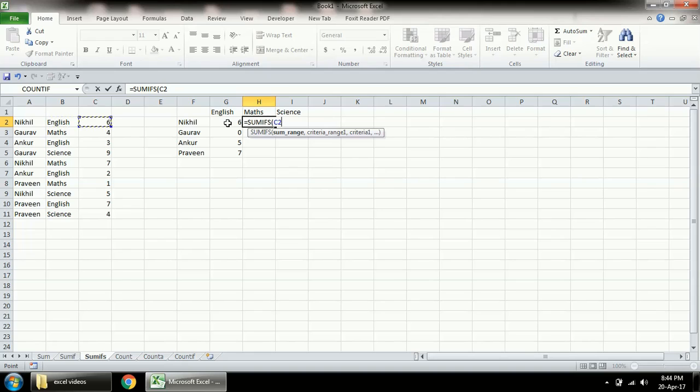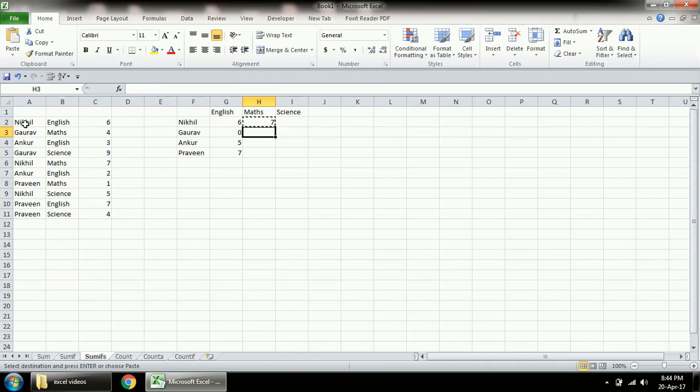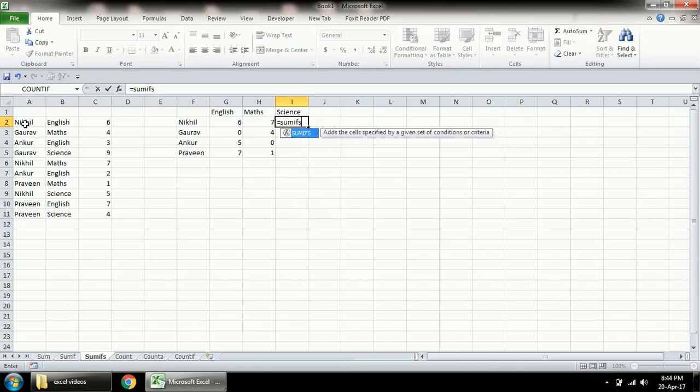This is a sum range. Criteria range 1 will be A2 to A11. Criteria will be Nikhil. Criteria range 2 will be B2 to B11, and criteria 2 will be mathematics. So now we have the marks for Nikhil, Ankur, Gaurav and Praveen, and same we can do for